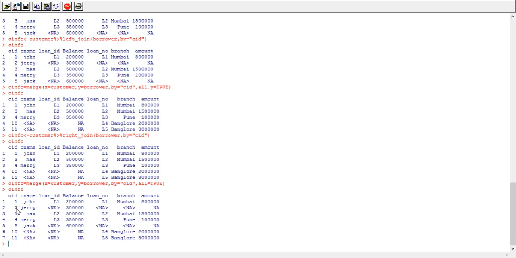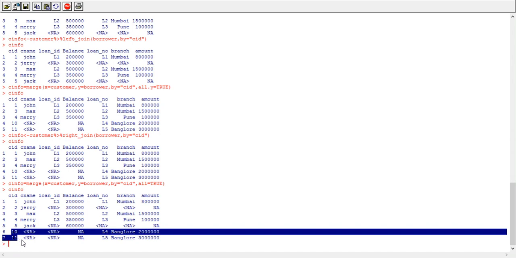For customer id 2 and 5 there are NA values for loan data, because customer id 2 and 5 have no loans, and for customer id 10 and 11, which are present in the borrower data frame, they are not present in the customer data frame.